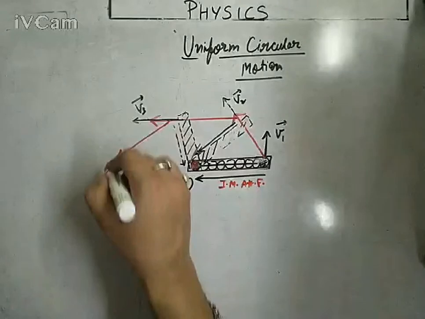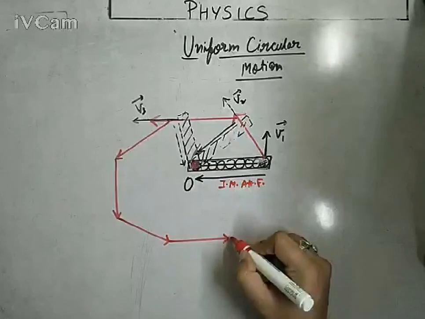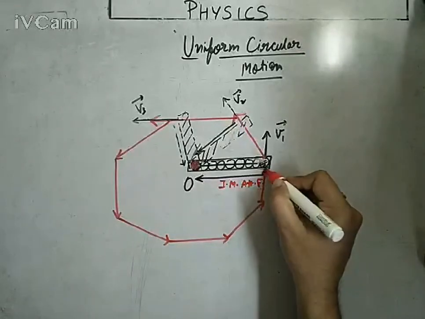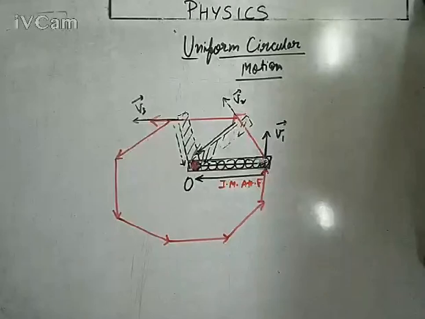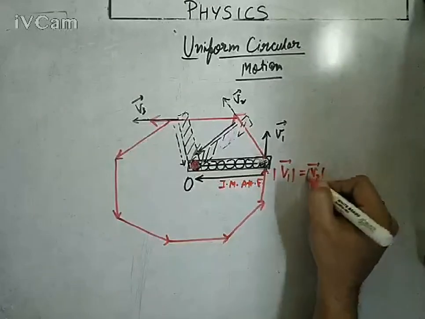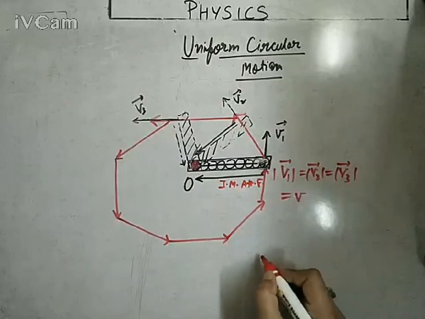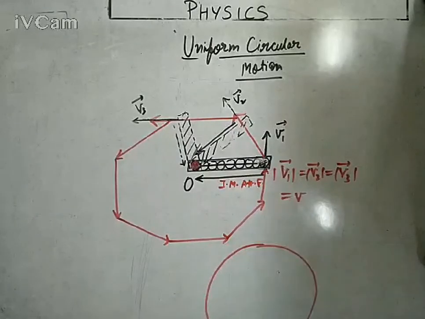If I repeat the whole process, every time you will experience some kind of resultant movement. Finally it will come back to the same point as initial. So it is moving on a circular path. You can see its path is actually circular, and all velocities are the same in magnitude: v1 vector, v2 vector, v3 vector, and so on. Let's say these velocities are v, the tangential or linear velocity component. It can be represented simply like this, that the rod will move on a circular path.